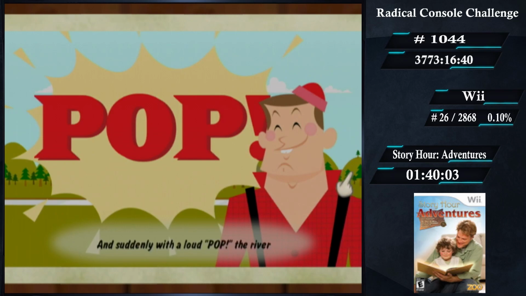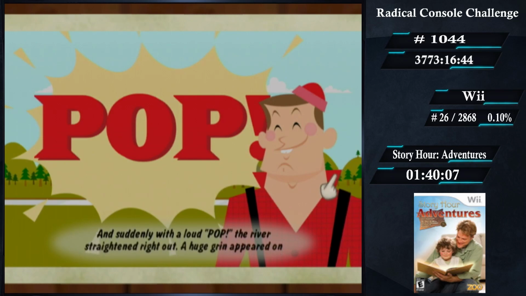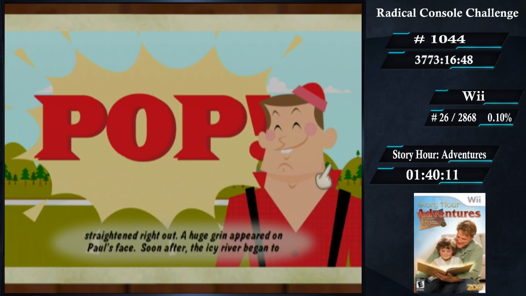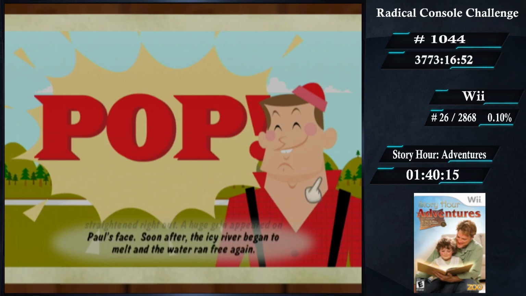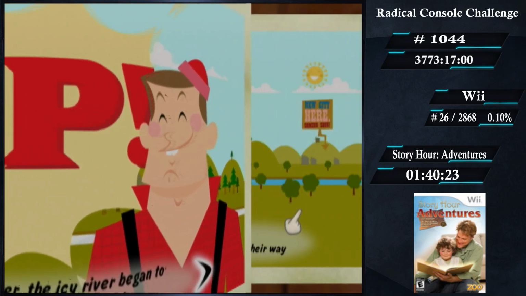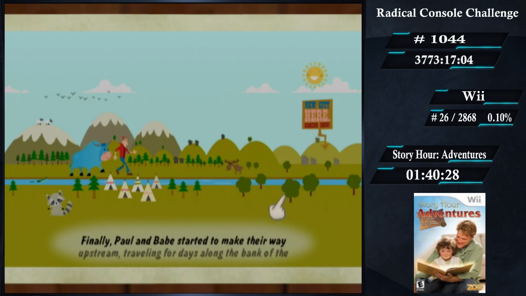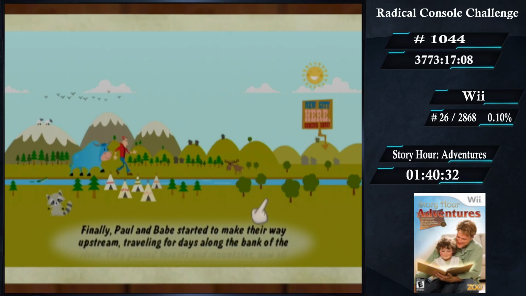And suddenly, with a loud pop, the river straightened right out. A huge grin appeared on Paul's face. Soon after, the icy river began to melt, and the water ran free again. Oh no, we're just, okay. Regular, no ice. Sure. Finally, Paul and Babe started to make their way upstream, travelling for days along the bank